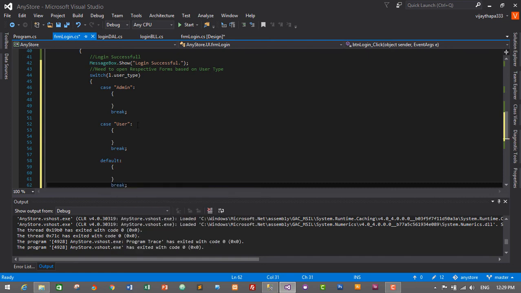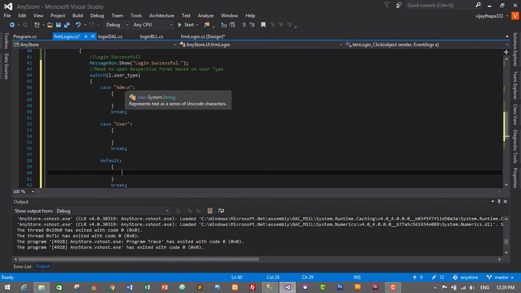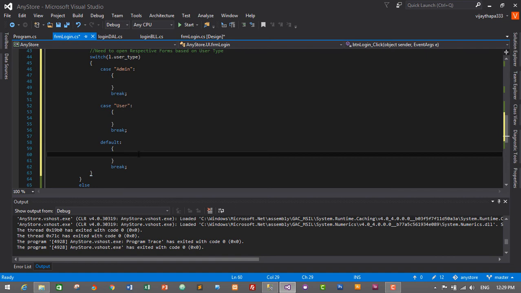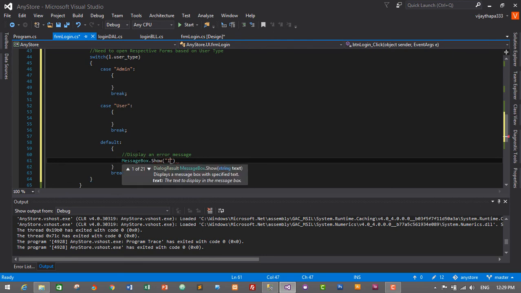if neither of these cases is met, then it will go to default. So if the user type is neither admin nor user, then it will go to here. So here we will display an error message. So it will be message box dot show invalid user type,